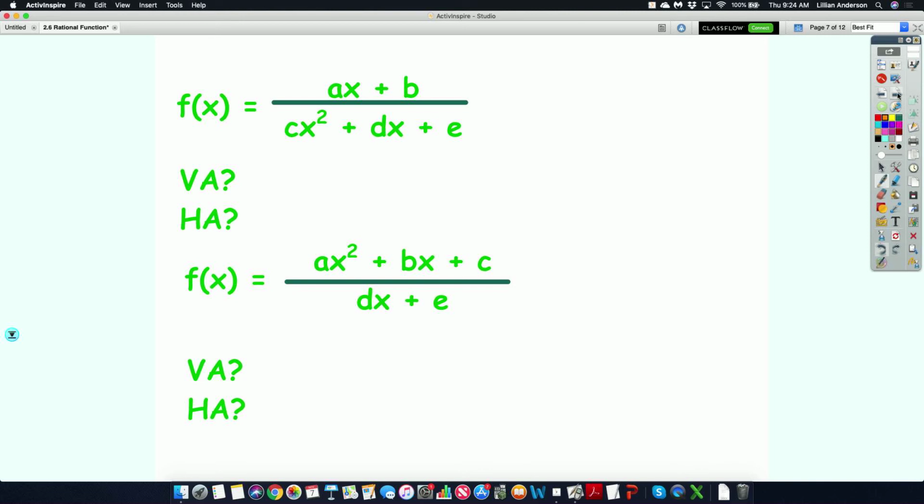Set what equals 0? You say your denominator equal to 0. Yes, that has not changed. No matter what, you will always say your denominator equal to 0 because that is the point where the function is going to be undefined. So you say your denominator equal to 0, and so if it is indeed a quadratic,